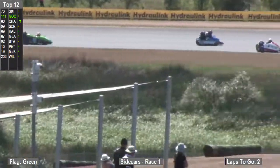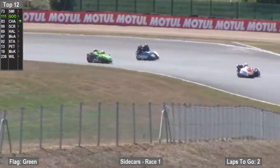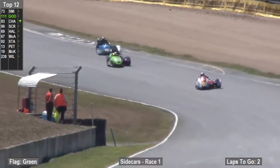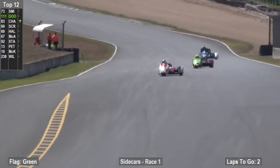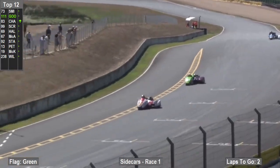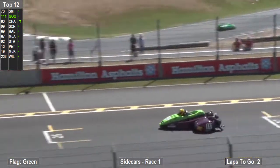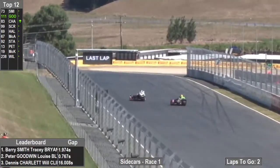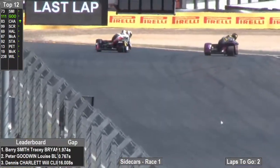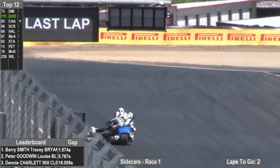Definitely snuck up the inside, so Barry managed to negotiate that pretty nicely, but out of turn 10 the sweeper and up the hill. So I think this might be white flag ready and waiting. We'll have to have a look, and there it is, ready for them to cross the line. Barry Smith, look at Pete, he's going to get right up next to him, so white flag out, 1 to go, and Pete's going to have a dive up the inside into turn 1,